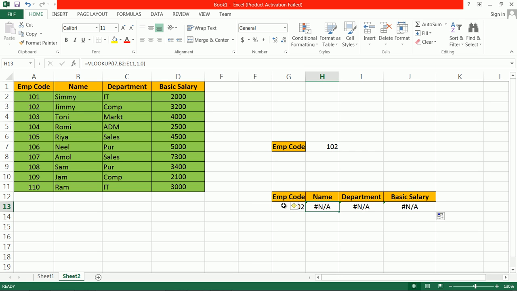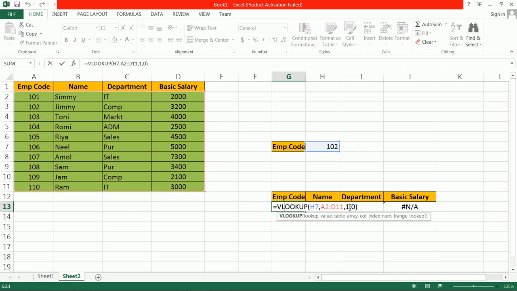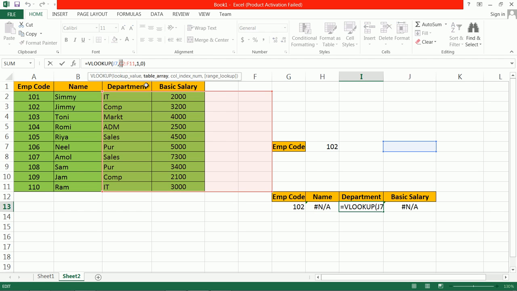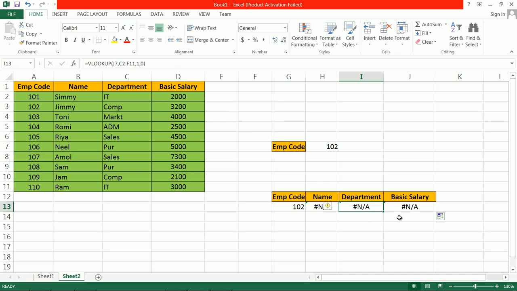Why? Because here we gave column 1, and therefore in this formula the range is changed. In this formula the range is from B2, and from B2 we want column 1. If we click and look at the address bar, here it will take the range from C2, and from C2 we want column 1. Then how to adjust all this?